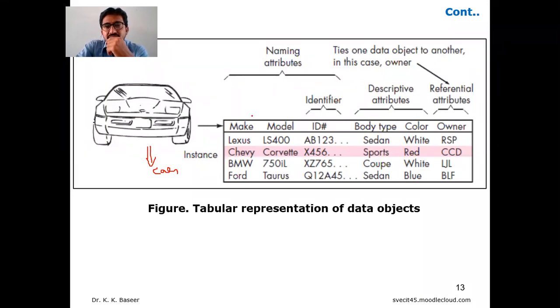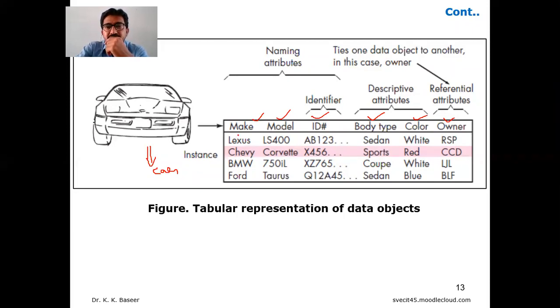Car is an object here. The attributes of this data object are make, model, ID number, body type, color, owner. These are all the attributes or identifiers we use when describing an object.